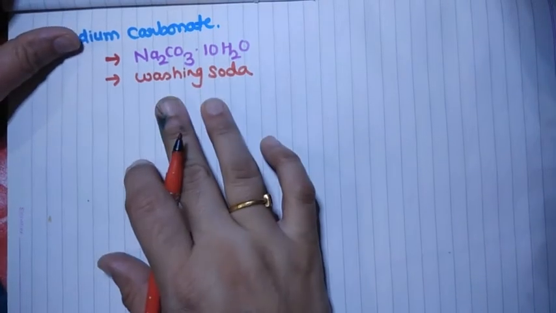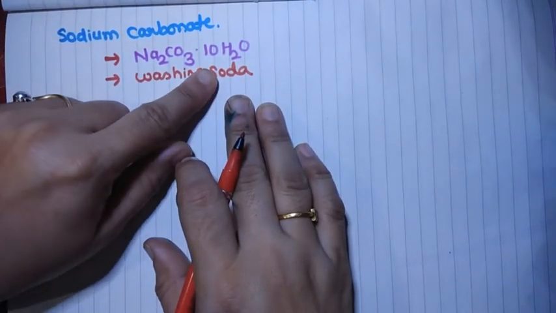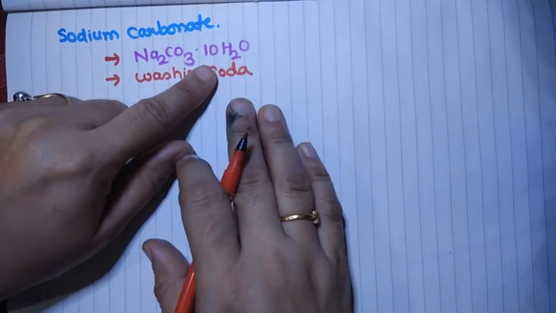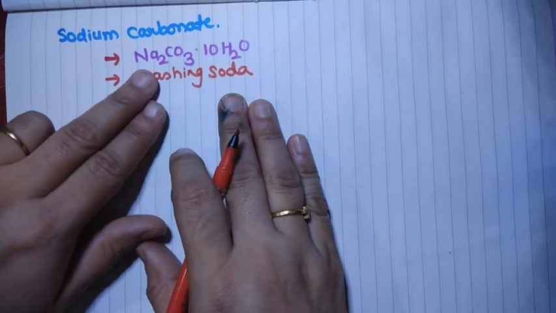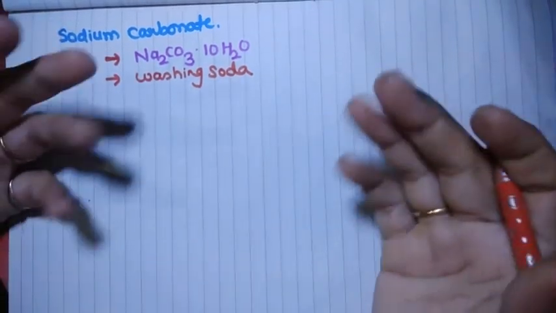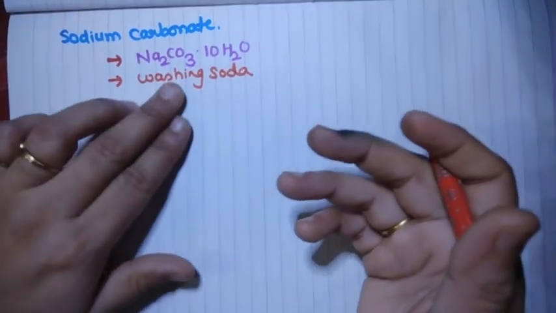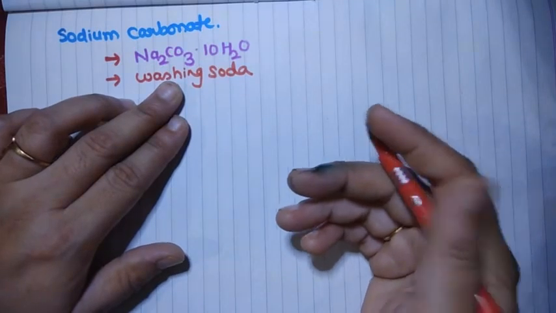This washing soda contains 10 molecules of water. So you can say that this shows the water of crystallization. That means when this sodium carbonate absorbs 10 molecules of water, it produces washing soda. It also exists